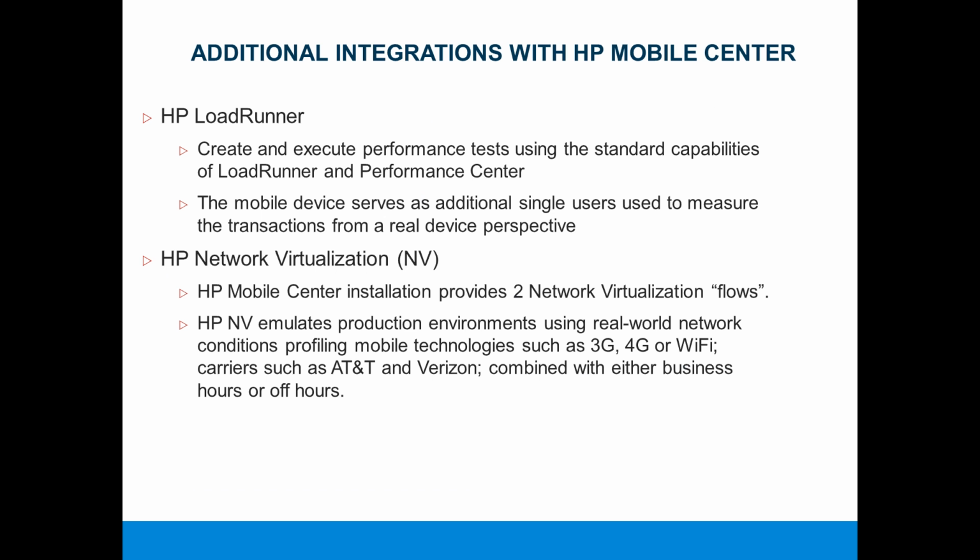And network virtualization. So NV is a solution that actually emulates production environments. And with a Mobile Center purchase, you have two network virtualization flows. So you can actually use up to two different configurations of network virtualization to emulate a real-world environment. So those environments would include network conditions, and so you can decide or include different combinations, so 3G, 4G, or Wi-Fi. You can select different carriers that you support that are in your area, and then also you can also combine in